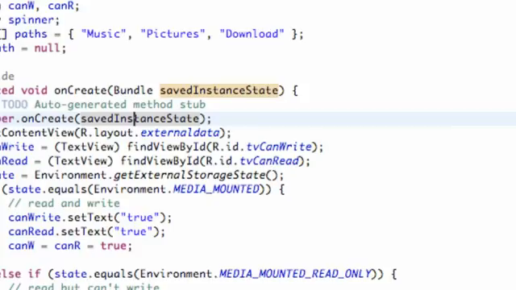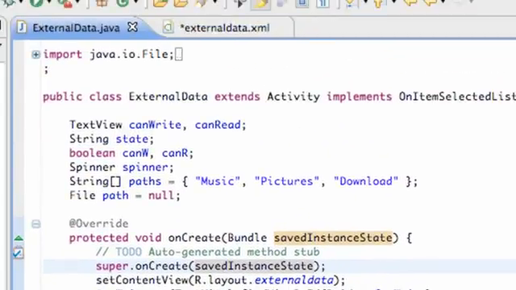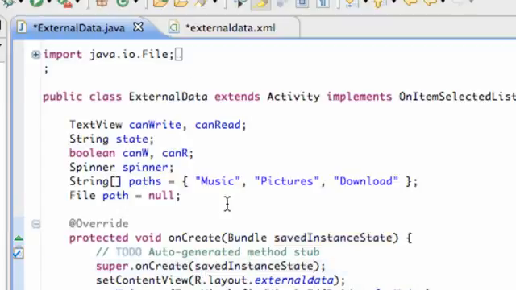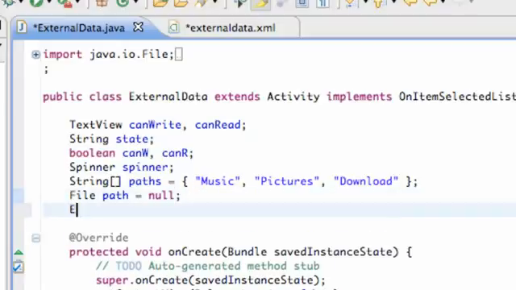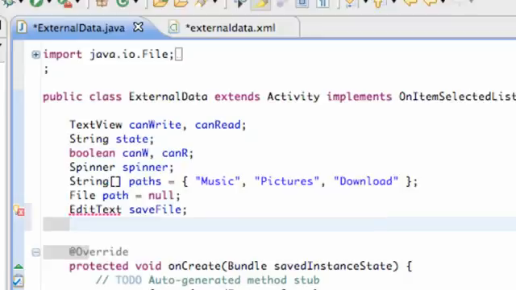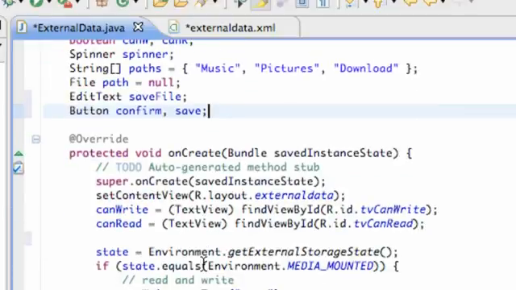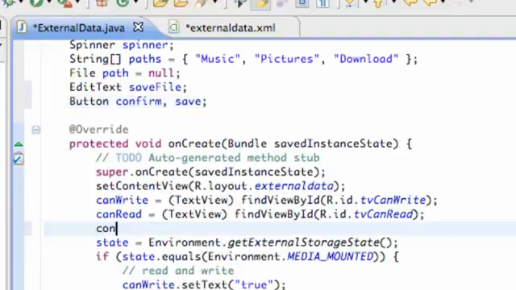So now let's go over to our external data Java file and set up some of those references. Let's make everything accessible here for the whole class. We have our edit text, and we're going to have this save file, two buttons, confirm and save. Just import both of those, and let's set up our references now. Our confirm